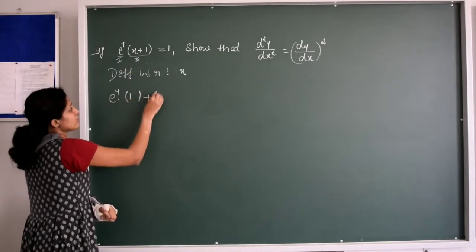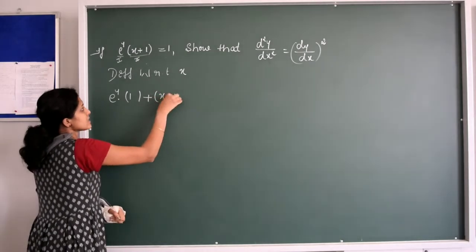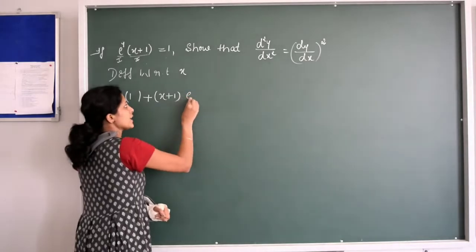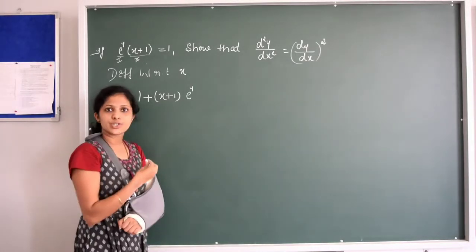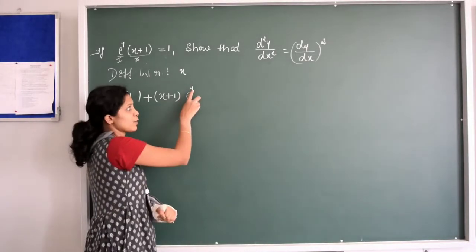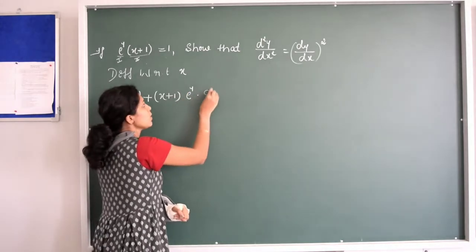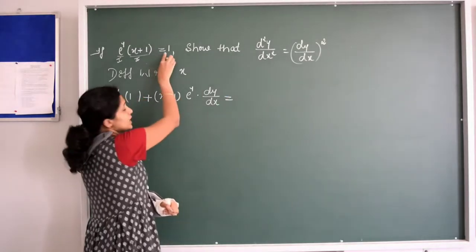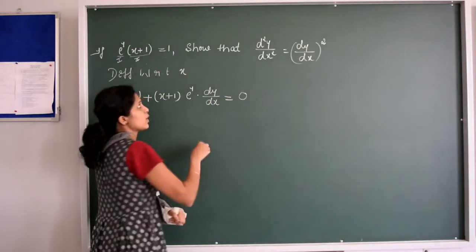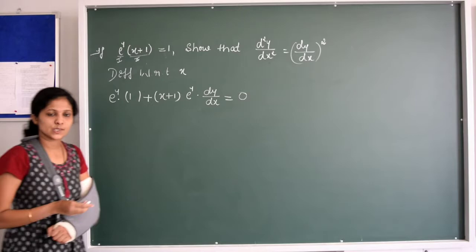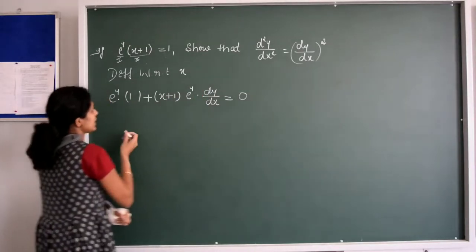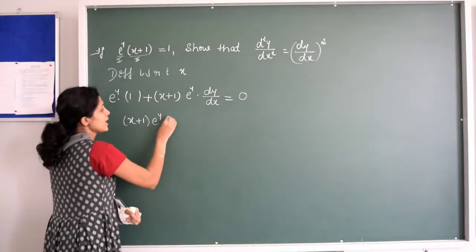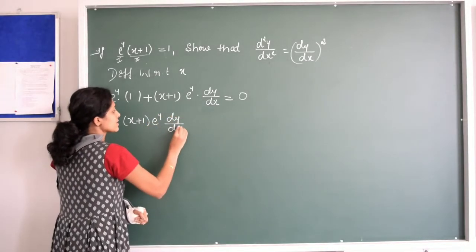Plus, now we have to keep x plus 1 as it is and differentiate e to the power y. What is the derivative of e to the power y? It is e to the power y. But you are differentiating the function with respect to x, so the derivative of y with respect to x will be dy by dx. Is it clear? The derivative of 1 will be equal to 0. But we need to find d square y by dx square, so we'll take this one as dy by dx. So by this I can write x plus 1 into e to the power y dy by dx is equal